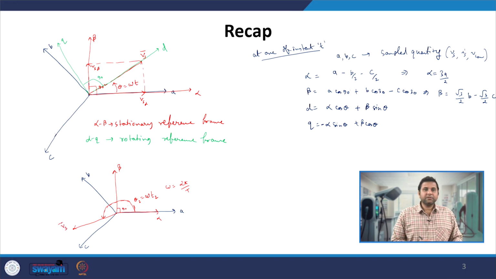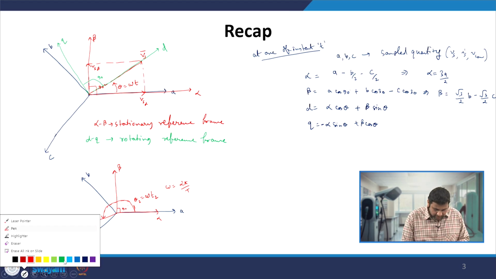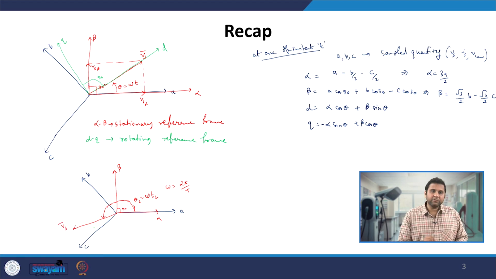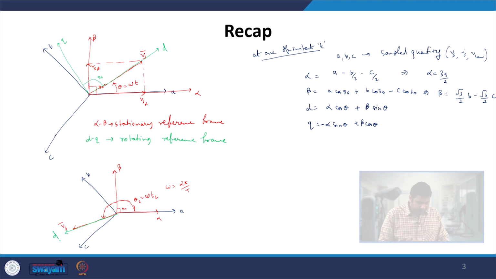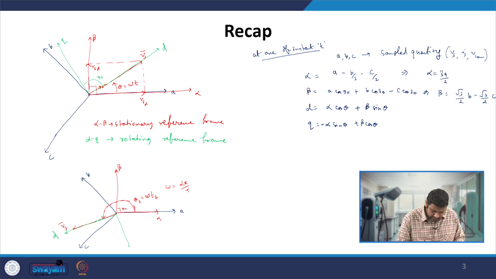So now let us define our dq component. If we try to define the dq component, we know that our d axis component is always aligned along the Vs vector. So our d axis is here, and the quadrature axis is at 90 degrees. Let us draw the 90 degrees. So this is the q component, and this angle is nothing but 90 degrees.